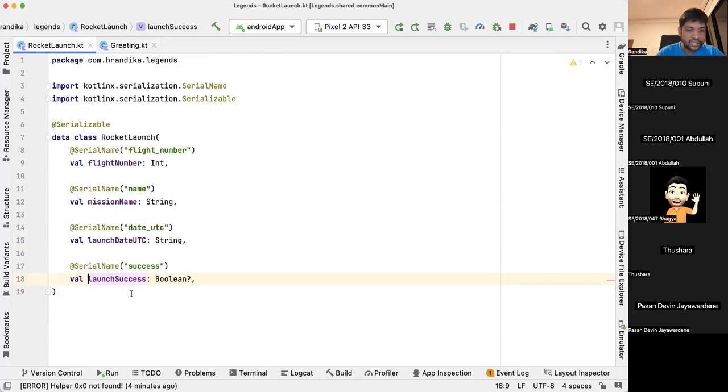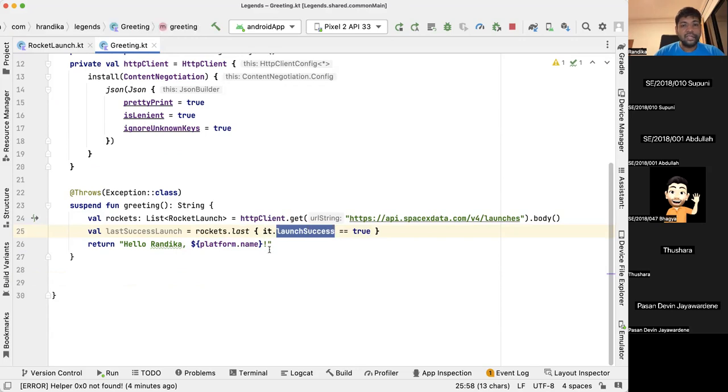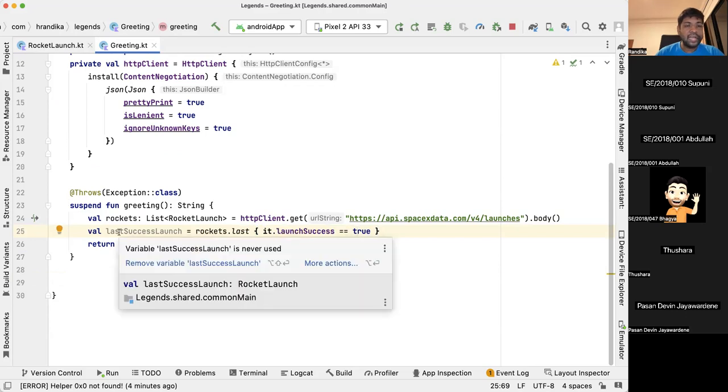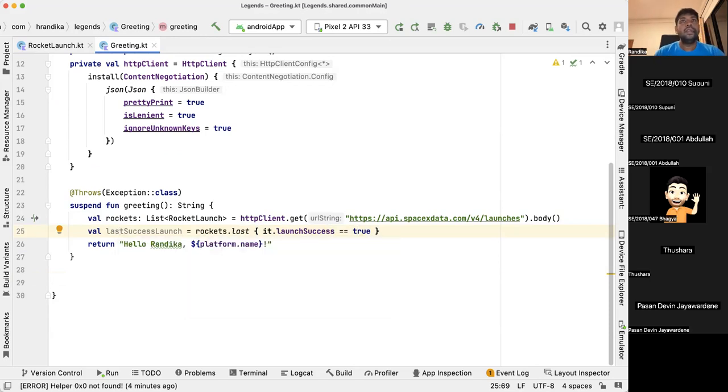Okay, you guys can see that launch success is a boolean that we will get. We will extract this, we will unfold it, and we will say whether it was true or false. So the last successful launch is a variable which says it is true or false. And what we will do is